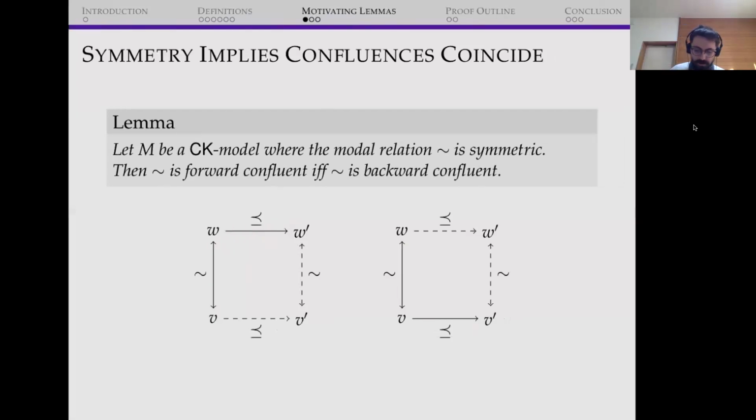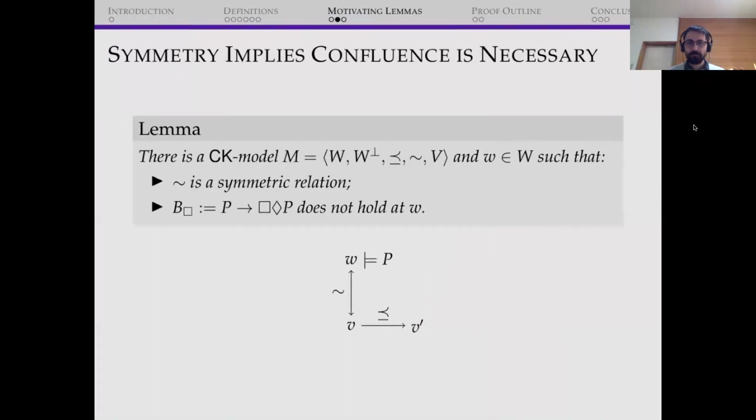Now the other interesting part is, to talk about B, we need some amount of confluence, because there's some CK model with a symmetric relation which fails to satisfy B. Essentially, this world here is going to satisfy P. We define the model like this: W can access V, and only that, and from V you can add some information, and P holds only at W. So okay, this is a CK model,